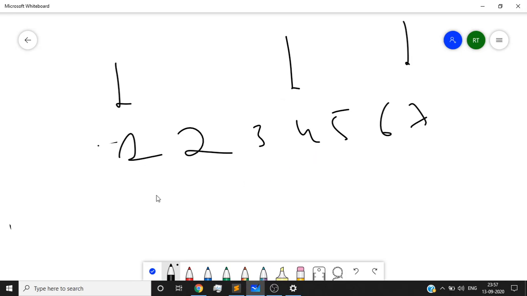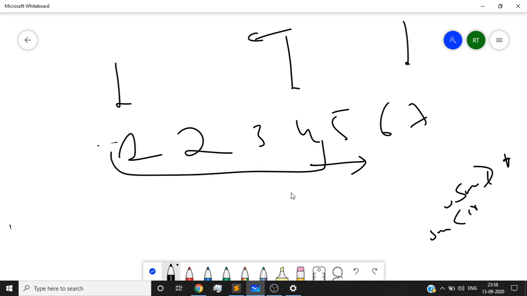If that sum, which is the sum of the first four elements in this particular case, is greater than 14, then I'll go this side. If the sum is less than 14 then I'll go this side, because I have to increase my sum.